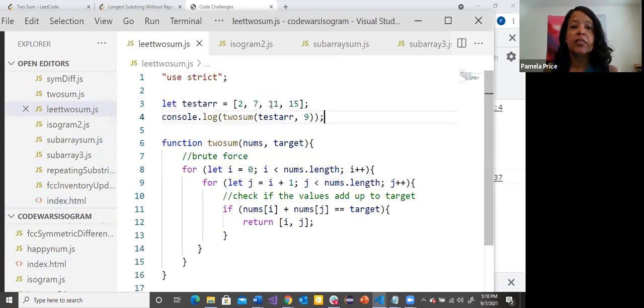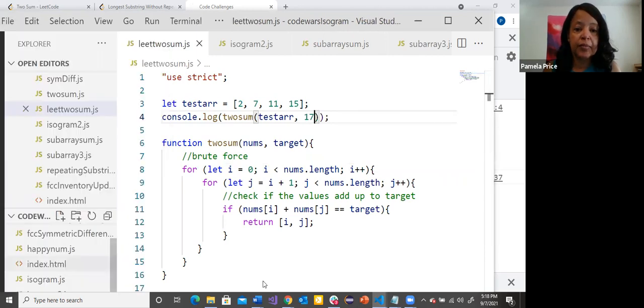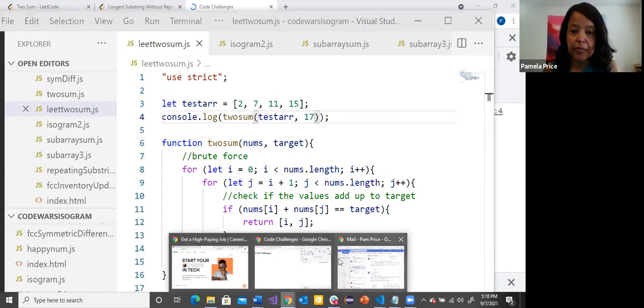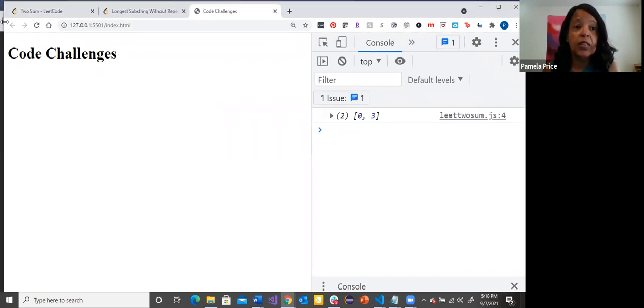here we go. Let's say that we're looking for 17. 17, remember, is going to give me the first one and the last one. So let's see what happens if we run it with that. So we get 0 and 3, right? So it looks like it's working, but what's the